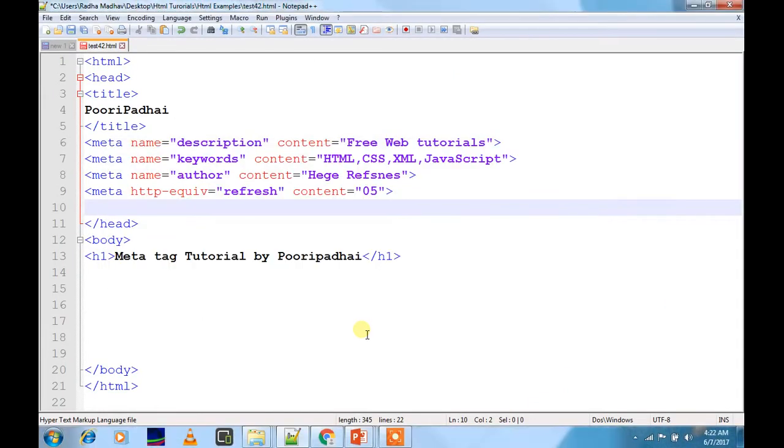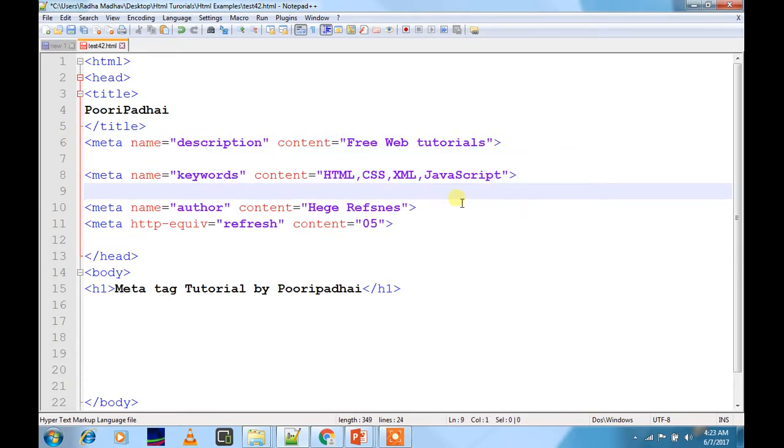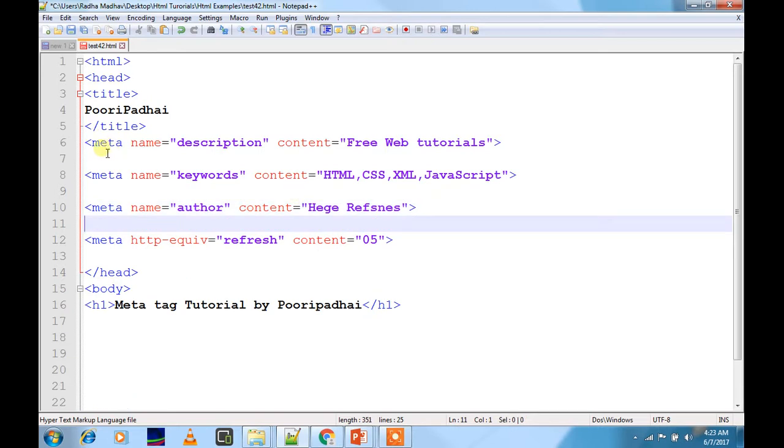I have copied each syntax here: meta name description content, meta name keywords content, meta name author content, and meta http-equiv refresh content.